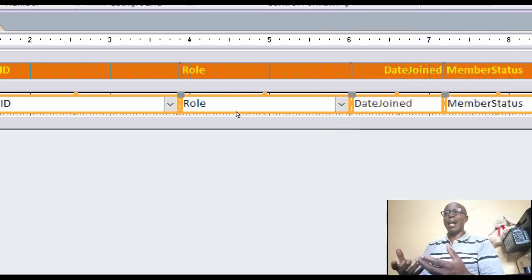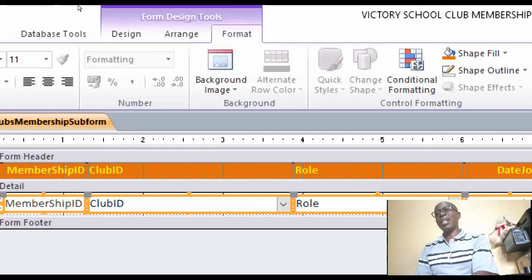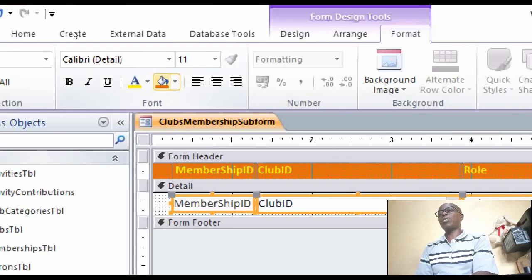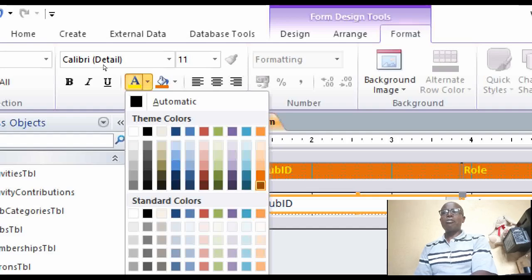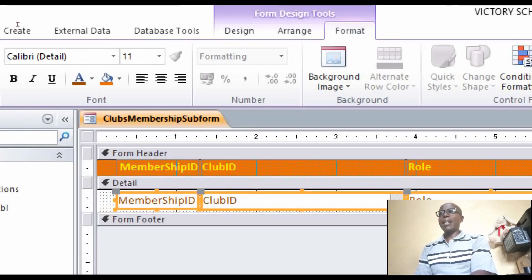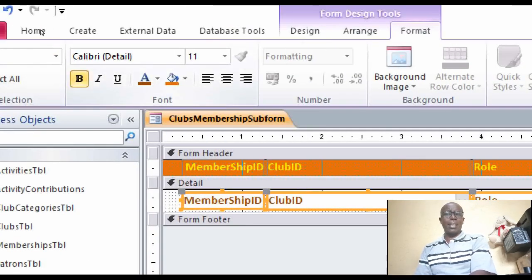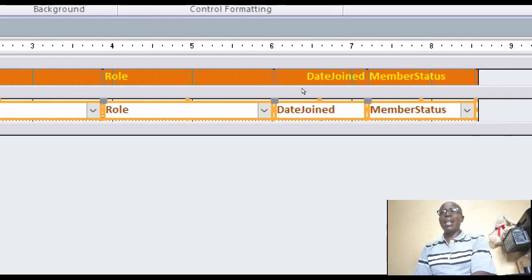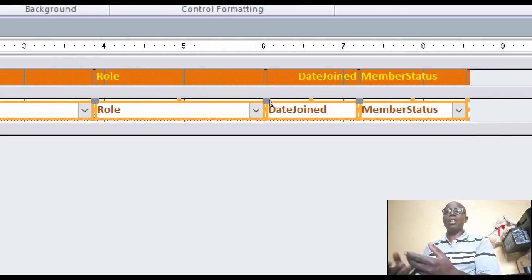Another thing that I can change in these labels, I can also choose to apply a brown color for the text boxes, and probably bolded, in case I need them to be bolded. I'm only doing this to show you